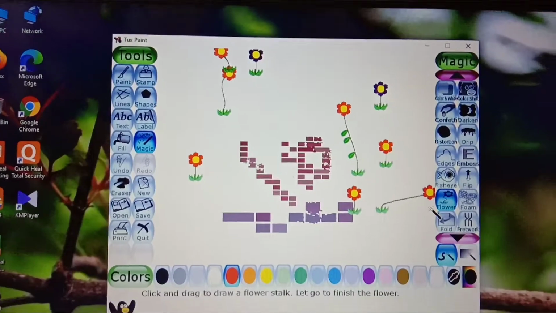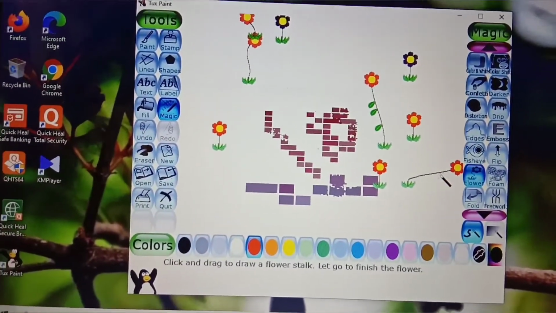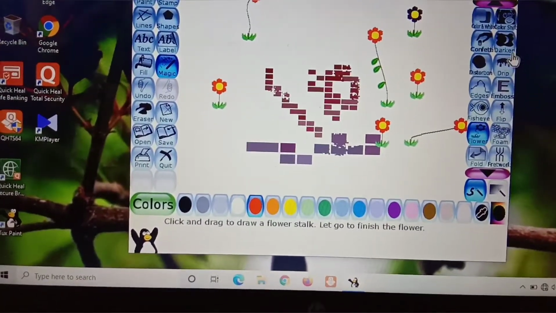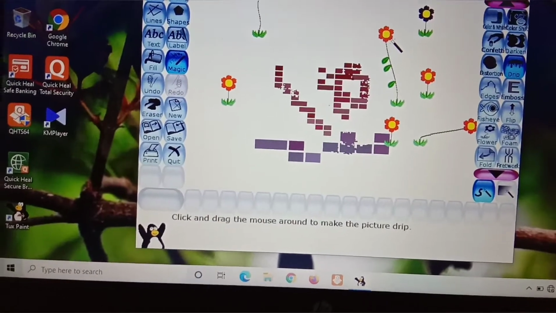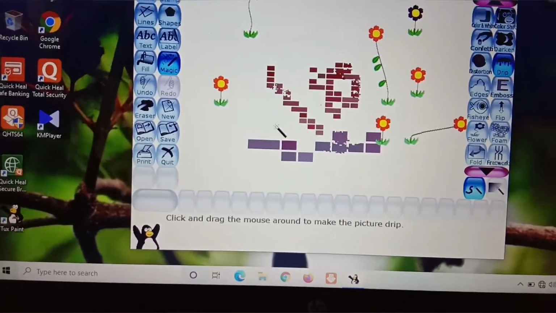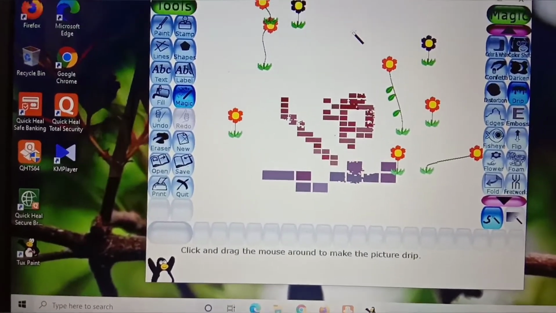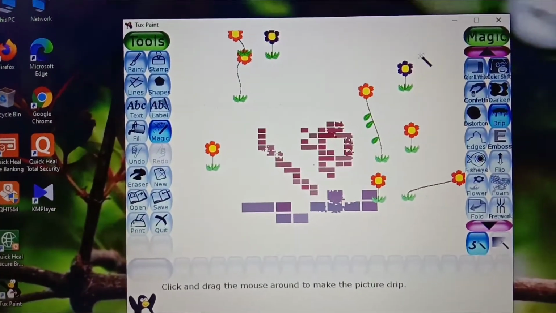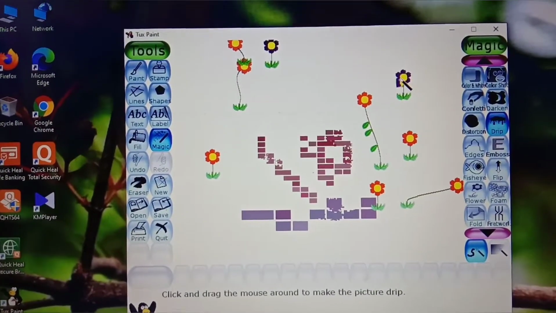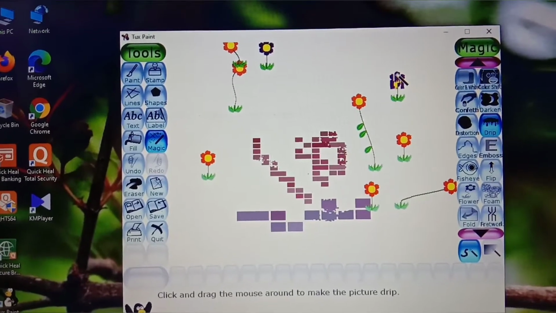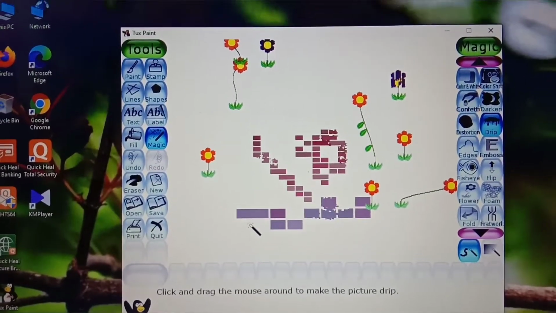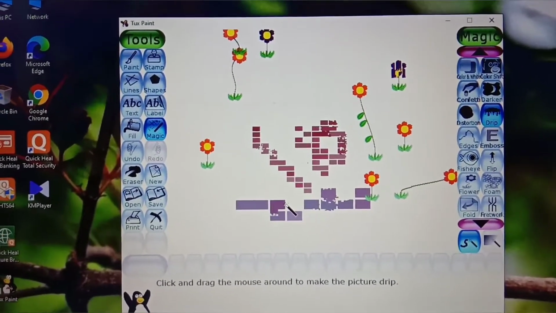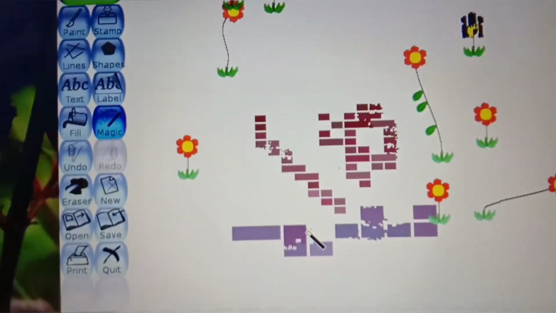Okay, so also if you are dragging to the side, then it will come like this. Okay, now comes the drip. So in the case of drip, you can see what happened. So like the chalk effect, if you click on the blank area, it is not going to show you any changes. If you click on your pictures, then it will show like this. Okay, suppose I am doing here. Okay, gets clear?